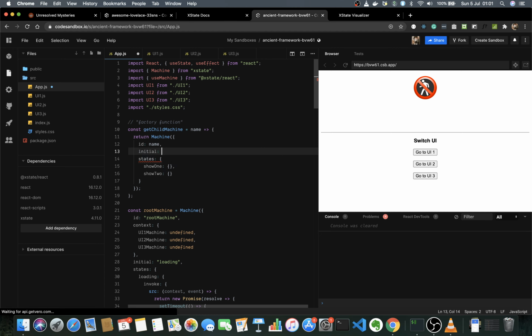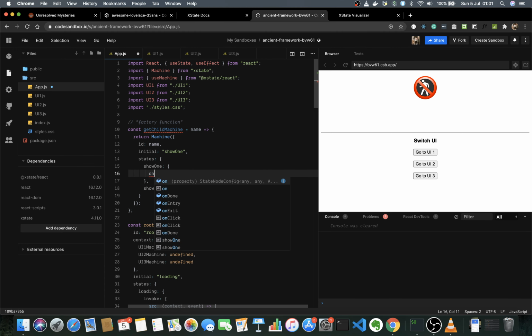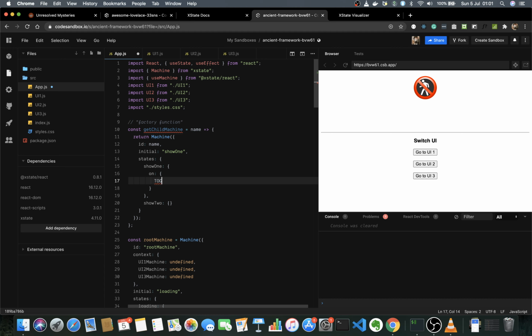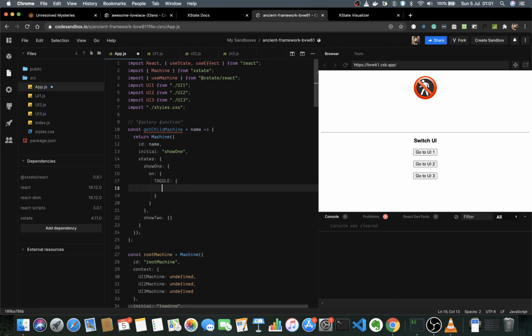The initial state will be show1. And there will be some events. So on toggle, if I am on show1, the target is going to be show2, and if I am on show2,